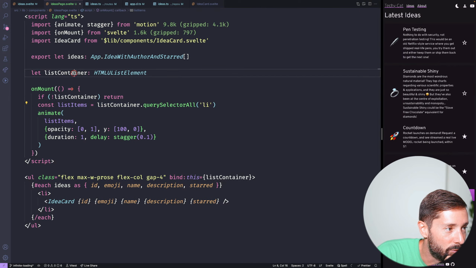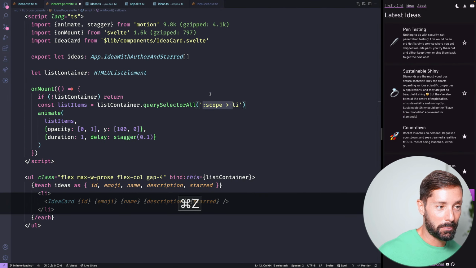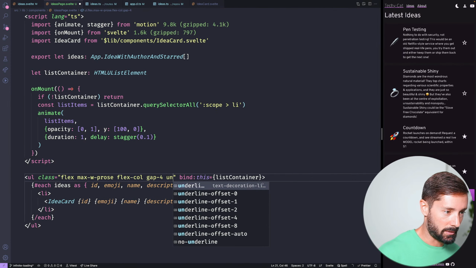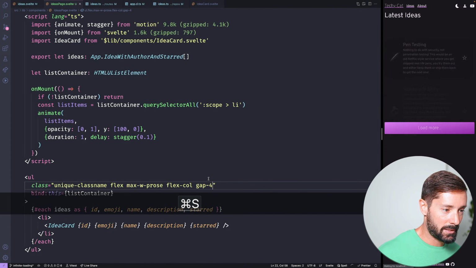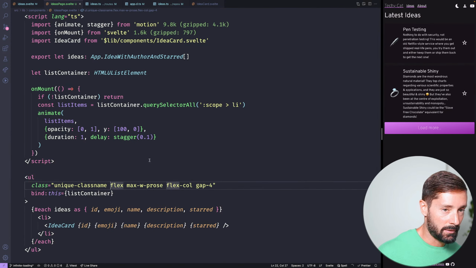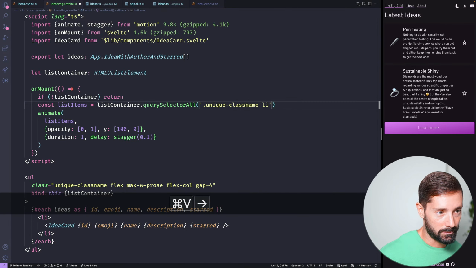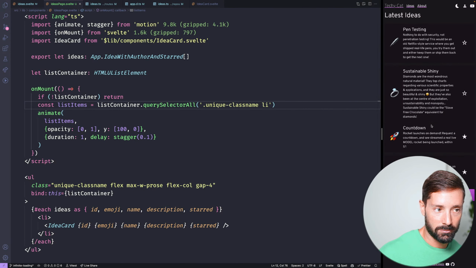It's still inside this list container. Right, so what I actually wanted to say, scope does help if you have lists within a list. But if we had given our container a unique class name, even if this was unique, it wouldn't be unique for every one of these pages that we have. So if we were targeting a unique class name li, it would work, but when you fetch more stuff,